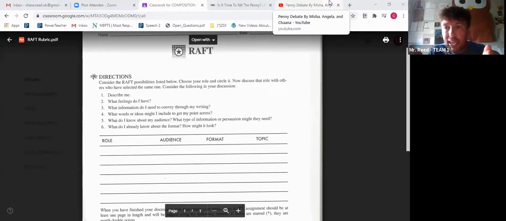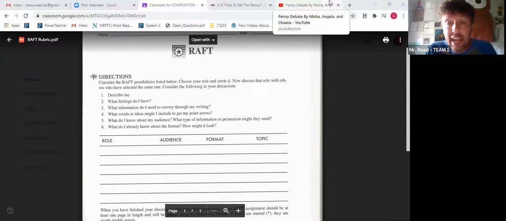So you're a penny, you've just read the newspaper and you've read this article, and now you get to respond to it and tell the editor of the newspaper why you agree or disagree. So you could be a penny. At first my thought was you're a penny that wants to stay around, but if you're a penny that feels comfortable with ousting yourself, then I guess you can write that. So the first one would be an editorial.